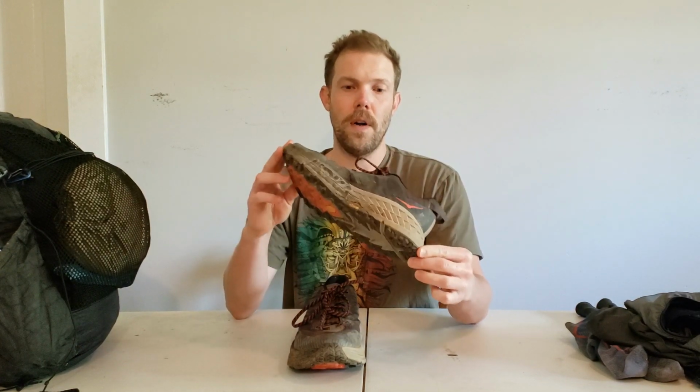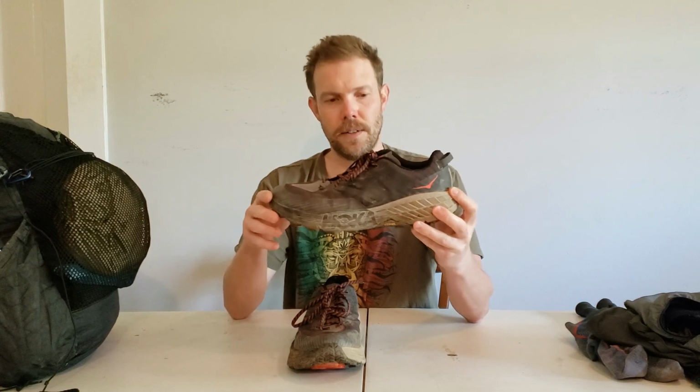I had heard about the Speed Goats. This is the Speed Goat 4 from other hikers and on the internet and stuff. The cushion is extreme. It's not as extreme as this profile right here, but it's definitely squishy and still a lot of support and a strong shoe. You can tell they're dirty. I haven't beaten them up, and pretty good durability so far. Pretty aggressive lugs. So I'll be using these in the mountain sections for about the first 400, 500 miles of the trail. And then when I get to Greensboro, my hometown, which is about halfway,